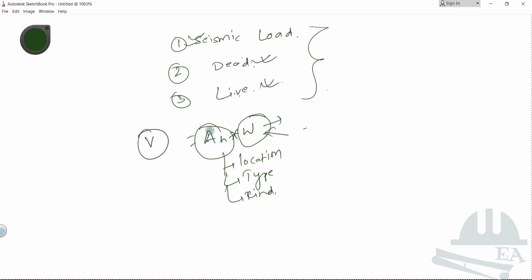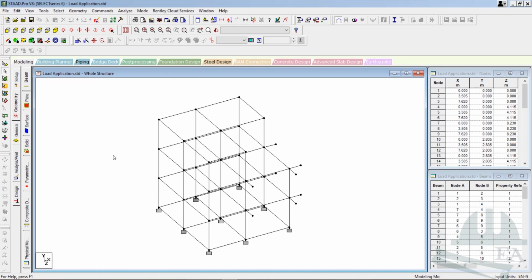So the program will have AH, the program will have W, and it will calculate a V using these two values, and it will distribute the V into the floors that we call the story shear. So this is the base shear, and once it distributes to all the floors, it will be called the story shear. So let's do that, and let us open the STAAD Pro,